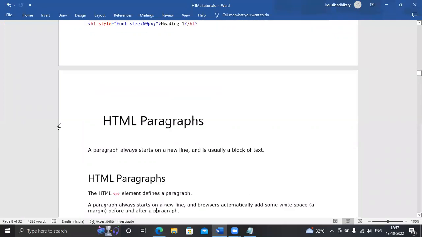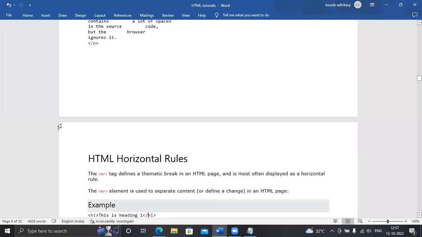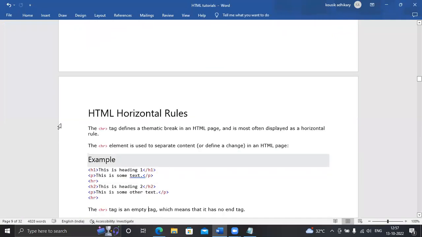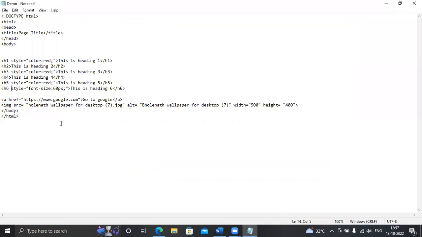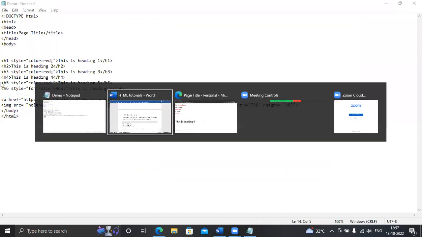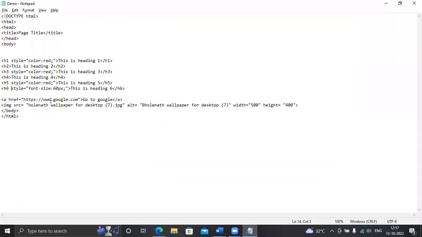HTML paragraphs I have shown you already. HTML horizontal lines. Suppose this is the heading. Let me remove that thing.